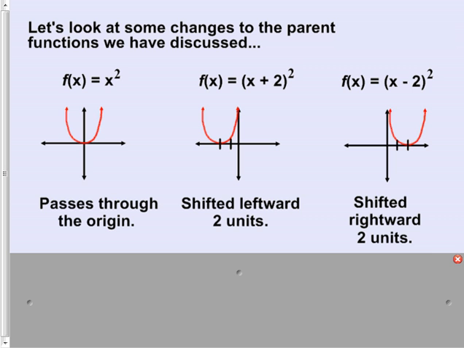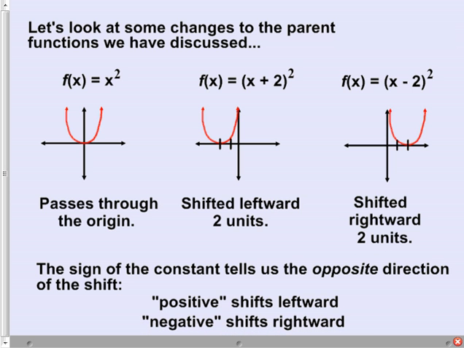And this is not a mistake in my notes or anything like that. That is the way the phase shift is going to work always. The sign of the constant is going to tell us the opposite direction of the shift. Okay, so a positive phase shift means the graph actually moves leftward towards the negative x-axis, while a negative value for your phase shift is going to move the graph rightward, which is toward the